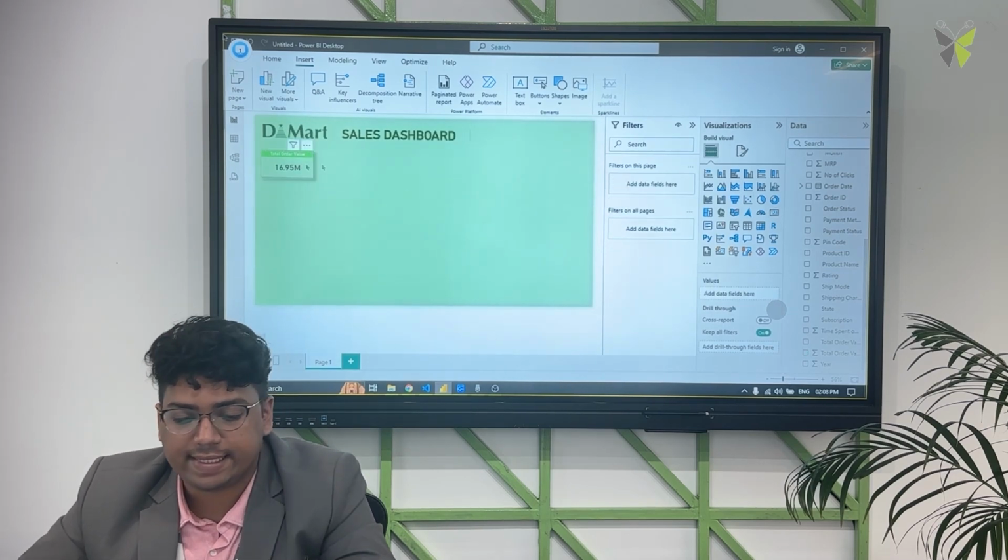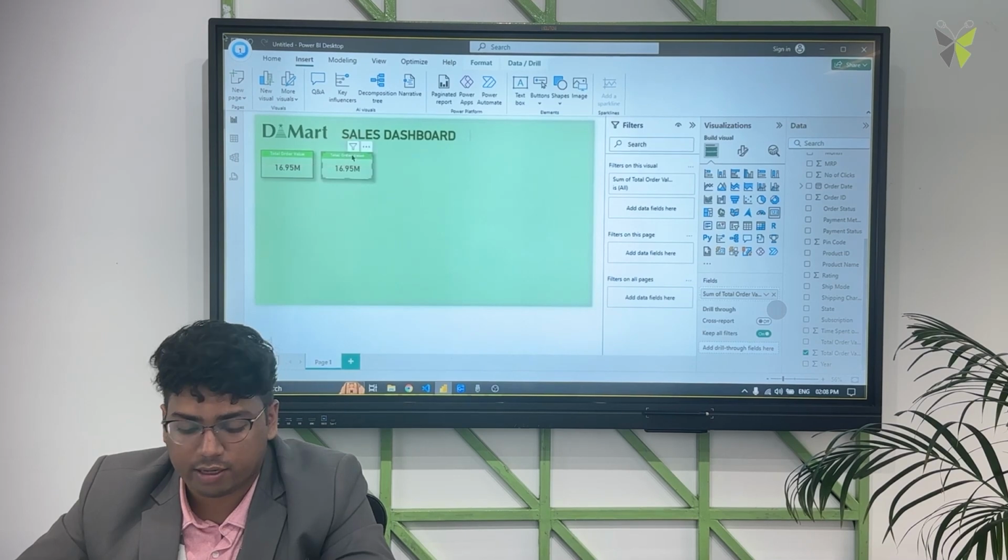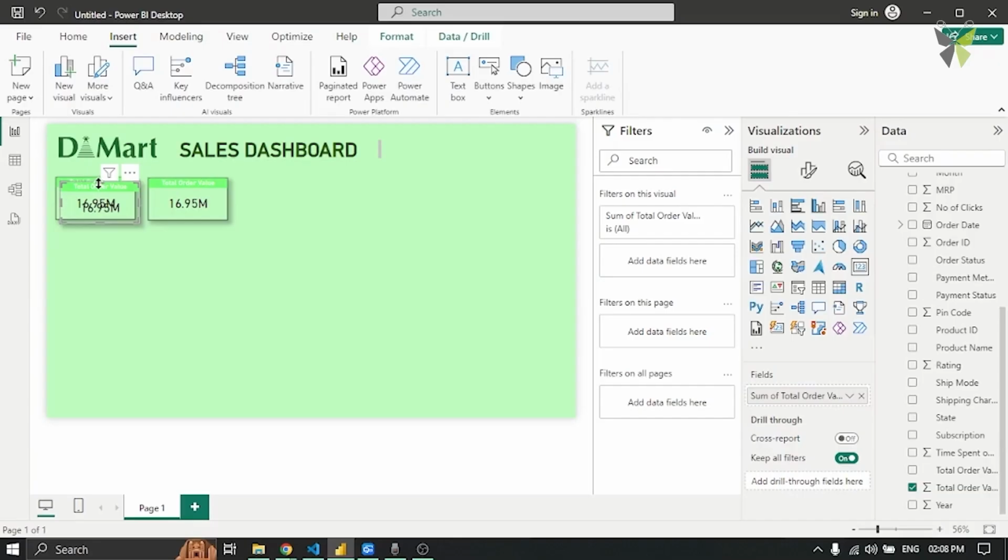Now it's very easy. What I can do is copy paste this and align it ahead. I'll again paste this and again ahead. Again I'll paste this, again I'll align it ahead. So I am adding around 4 cards. You can select whatever number of cards you need.